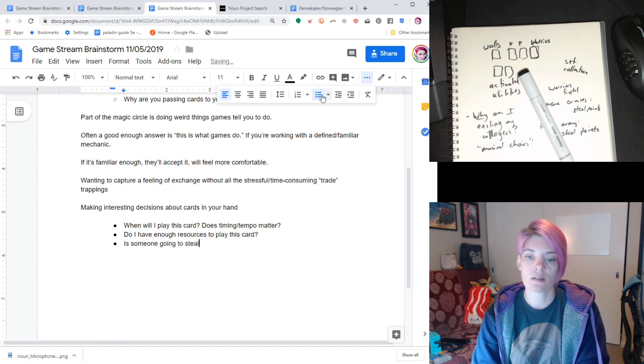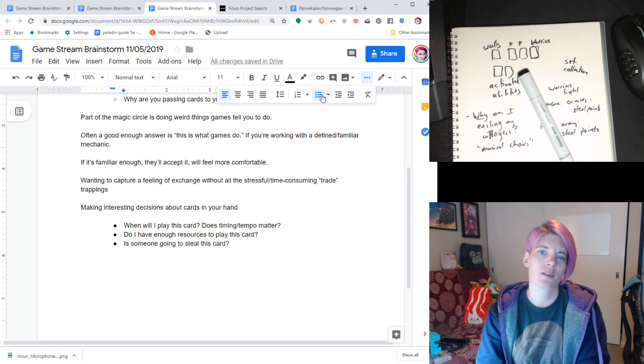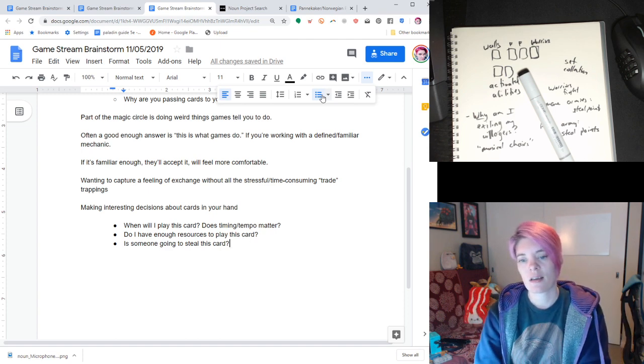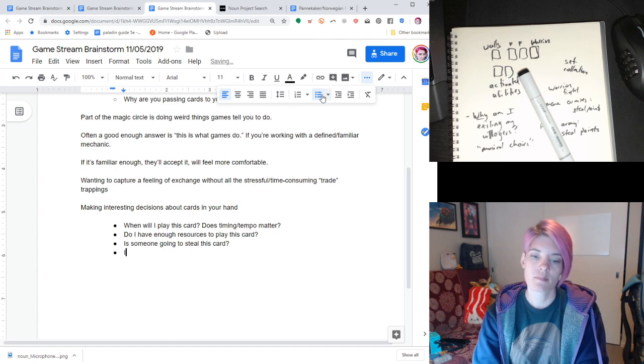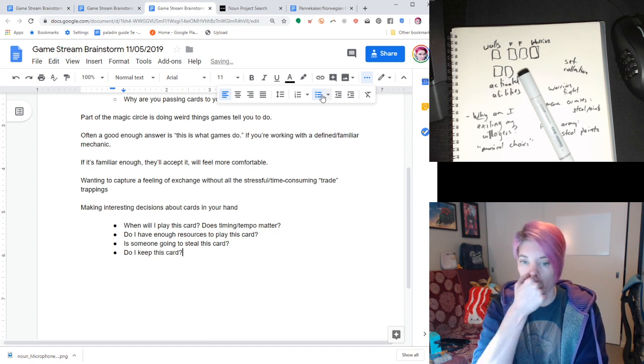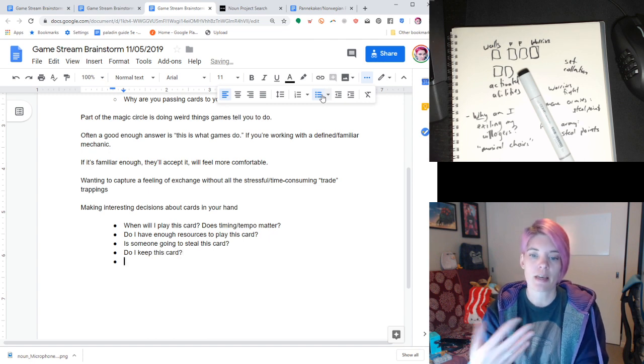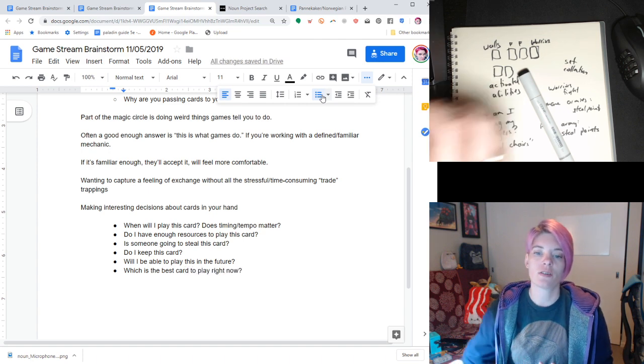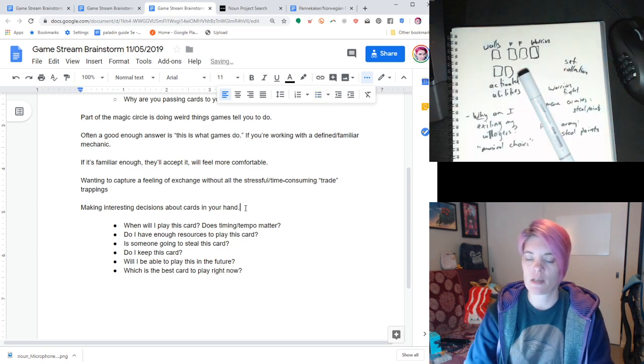Is someone going to steal this card? Some games, or Magic. Magic is classic hand management. Can I afford this card? Do I keep this card from round to round? So then that plays into the timing. Will I be able to play this card in the future? Which is the best card to play right now? So for your traditional hand management game,